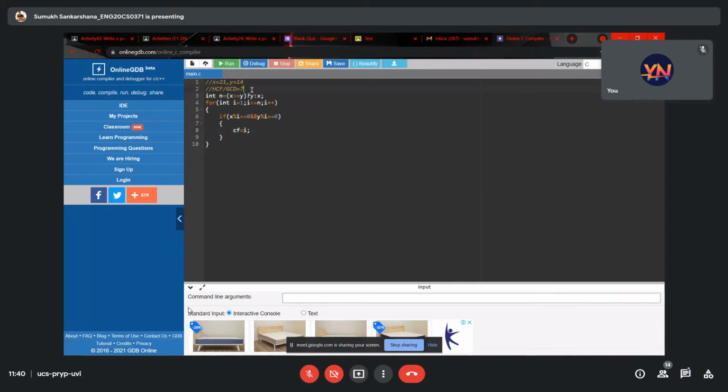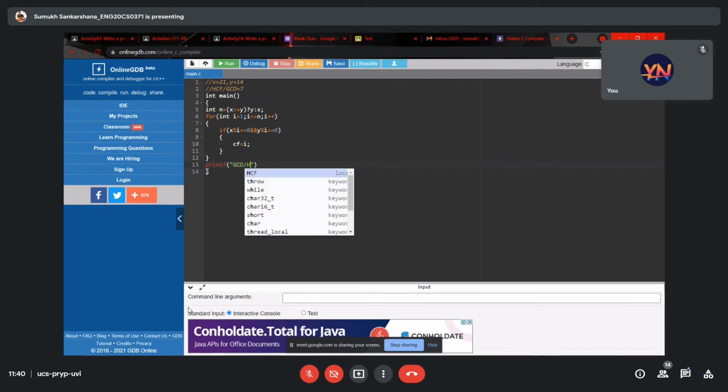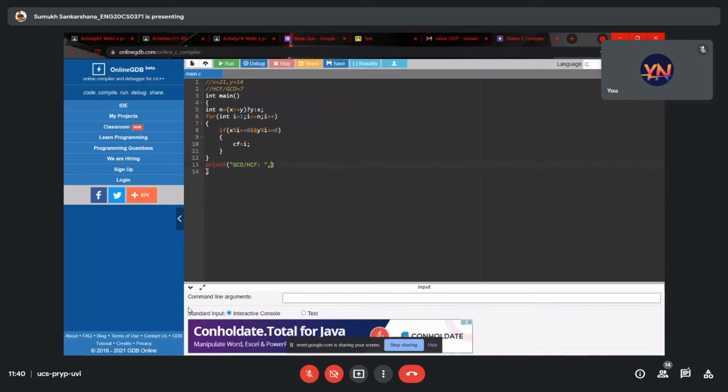Now let me just put it inside a method, and let me just show you exactly how it works. I'll just say printf, GCD or HCF is, and over here our CF value.